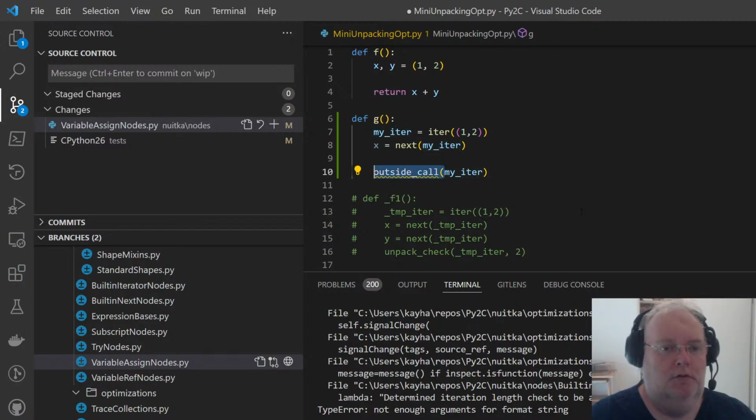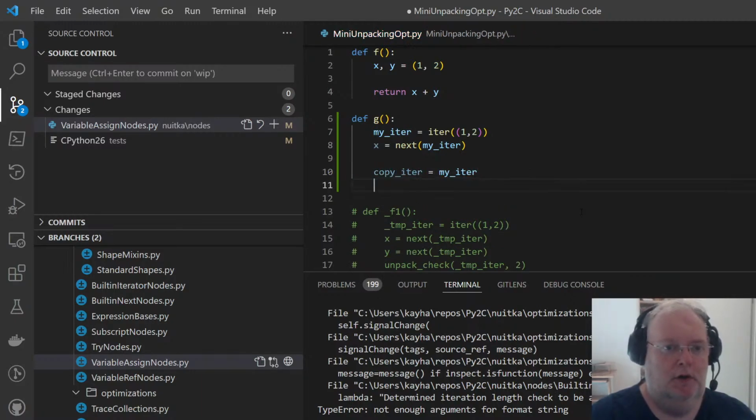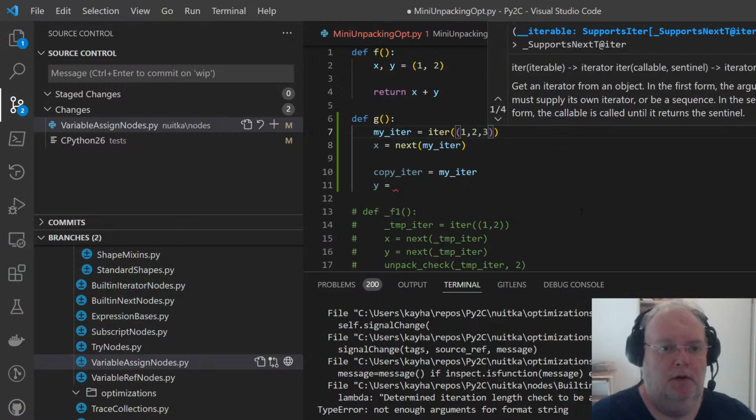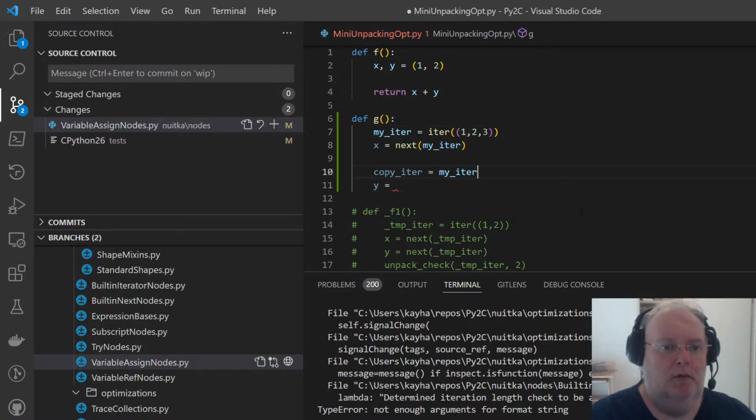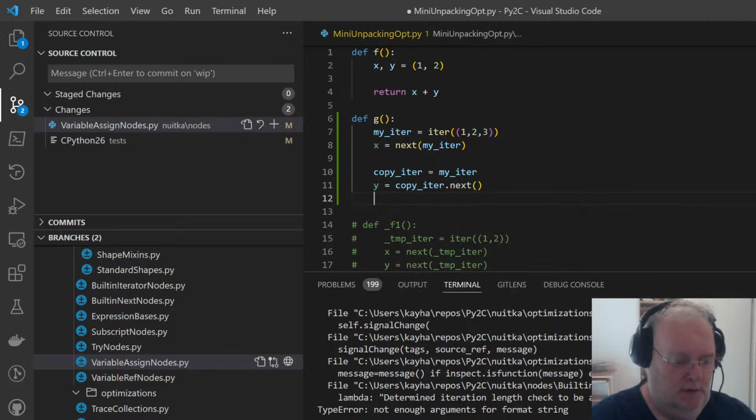Or you do copy iter equals my iter. Y is, let's do 3. Copy iter next. Z equals my iter.